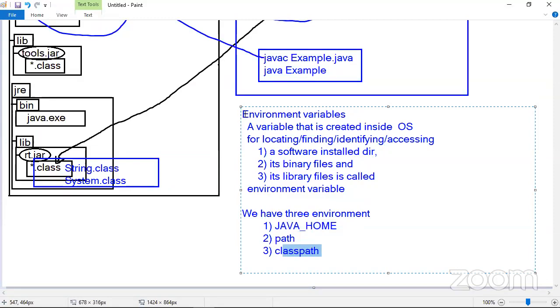Did you get clarity on what is an environment variable and why an environment variable? And how many environment variables must we create for Java software? Three. Tell me, what is the use of the Java underscore home variable? It is used for finding the JDK software installed directory. What is the use of the path variable? It is used for finding